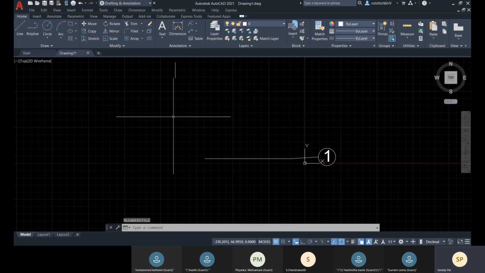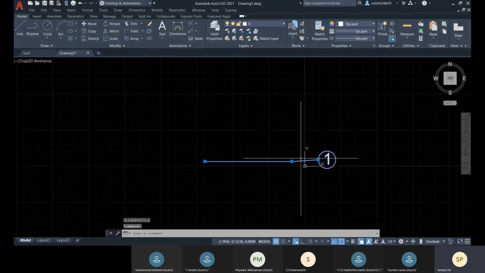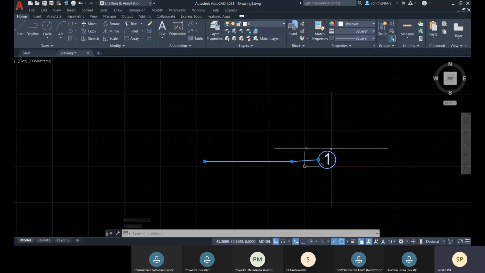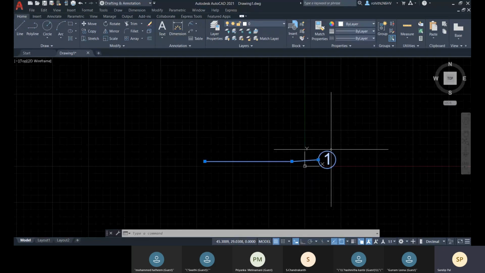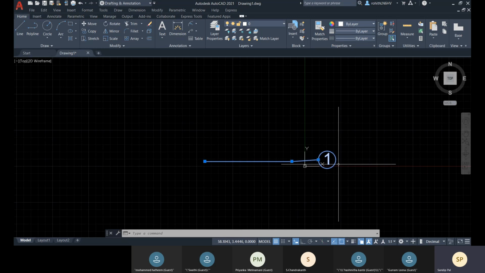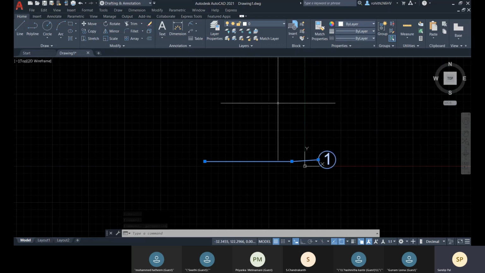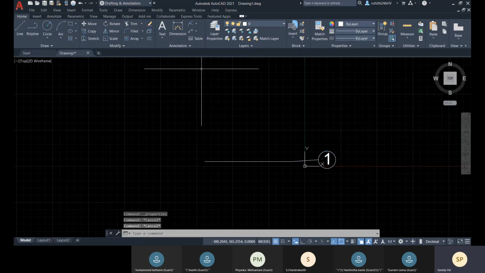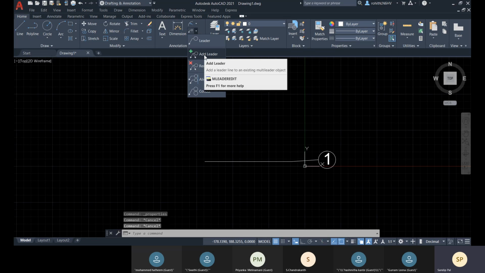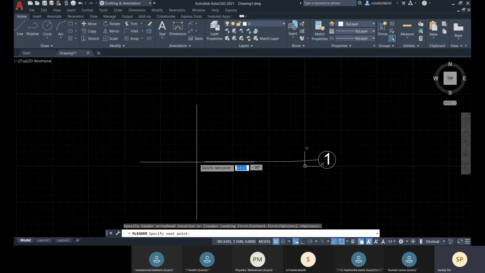Set current and close. So one which is already created with a different style cannot be changed if you go for set current with a different one. So what you have to do is select it, and there you have this multi-leader style, and from this you can change it. Now let me create another with this.